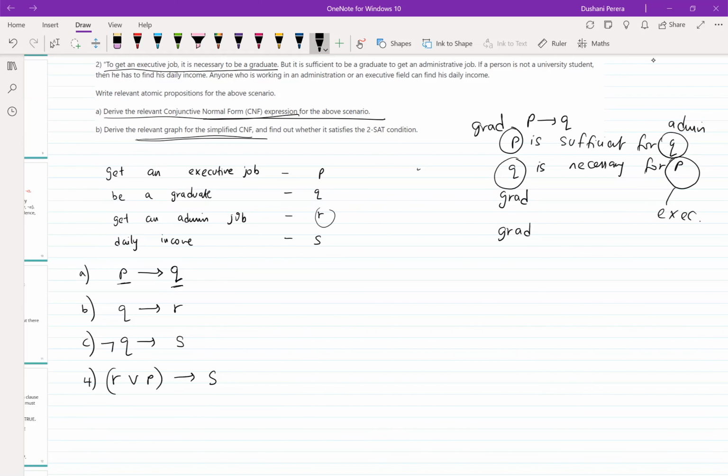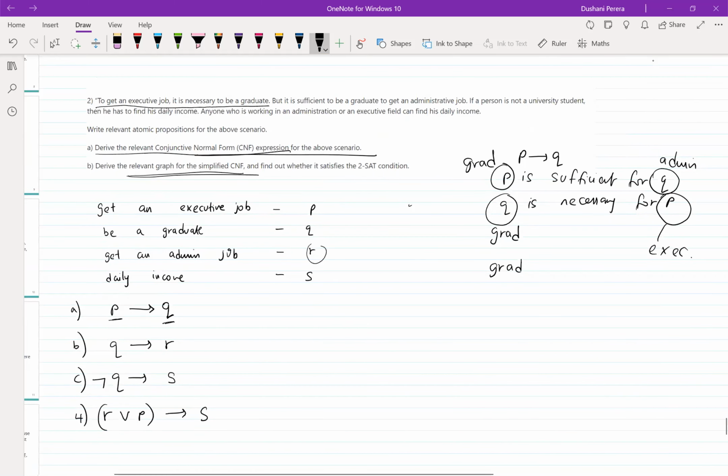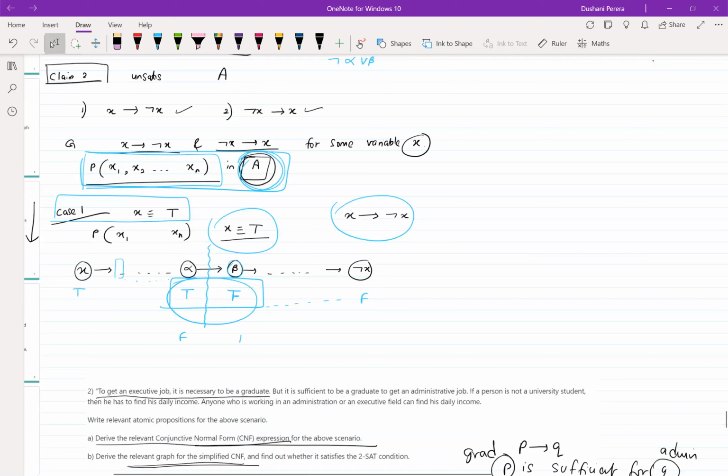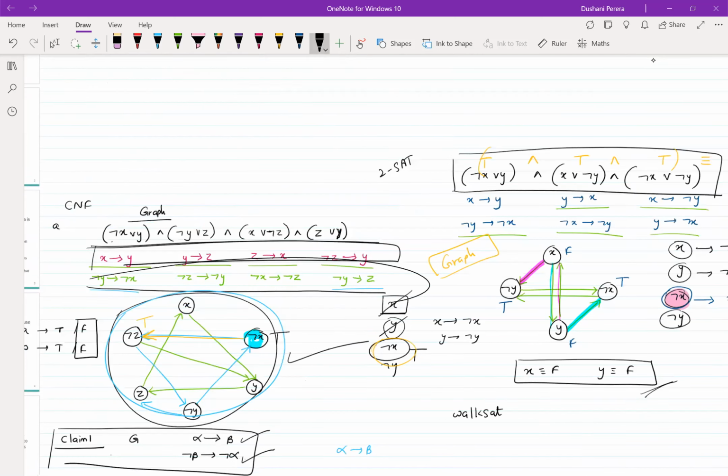Since you have your implications with you, what you need to do, like we did here, is take your implications, take your negations, and then draw the graph, get the valuations, and check if it's satisfiable or not. Okay, so most probably